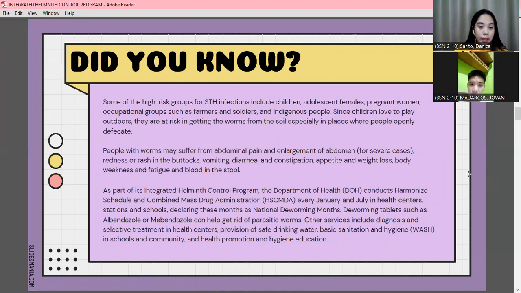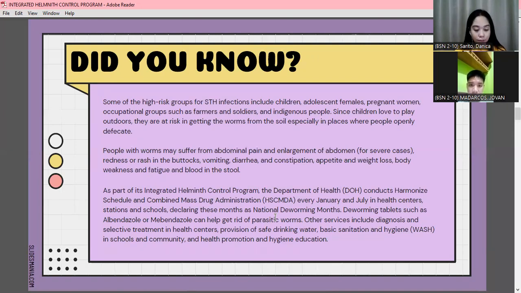So now, some people may believe that having worms is good and beneficial, but it is the complete opposite. Worms survive by stealing the nutrients from the infected person. Infected people may suffer from lack of nutrients, poor performance in school, weakness and feeling tired, and impaired mental and physical development in growing children. Also, parasitic worm infection may cause iron deficiency, anemia in female adolescents and pregnant women, and both mother and child